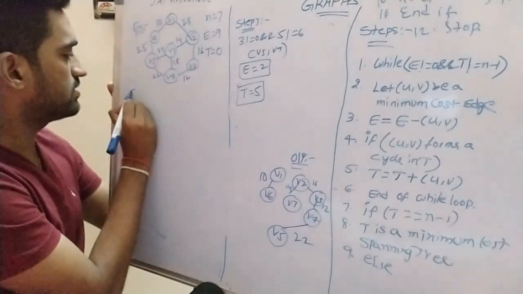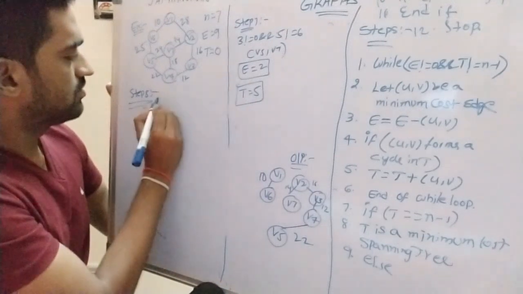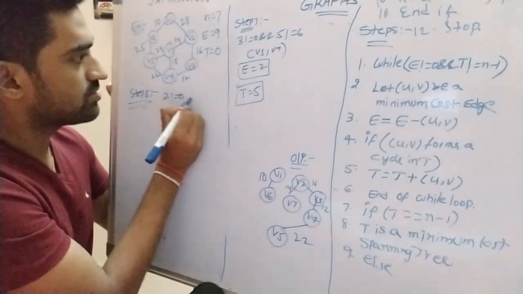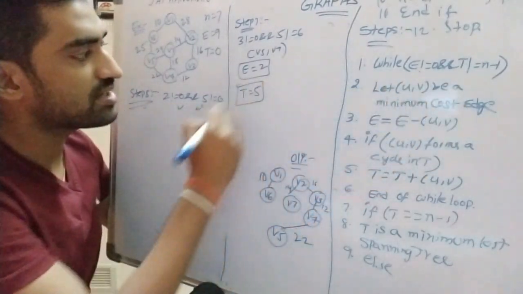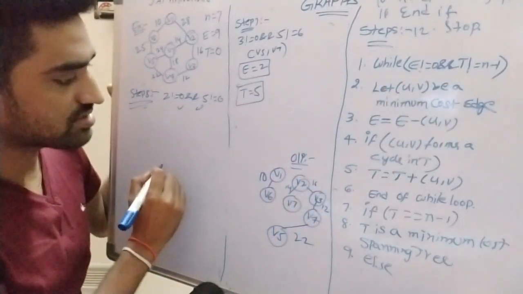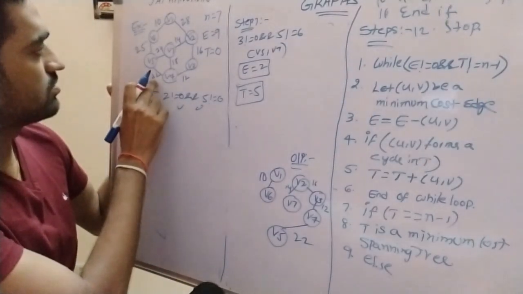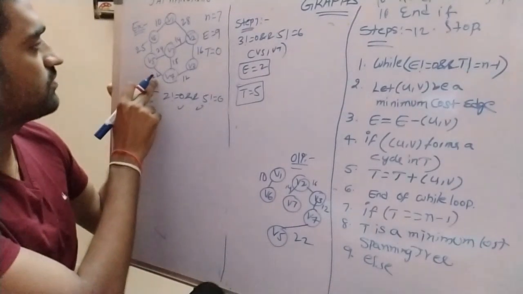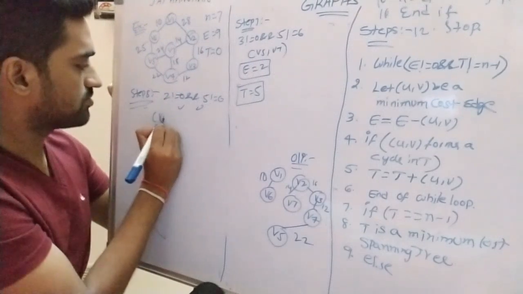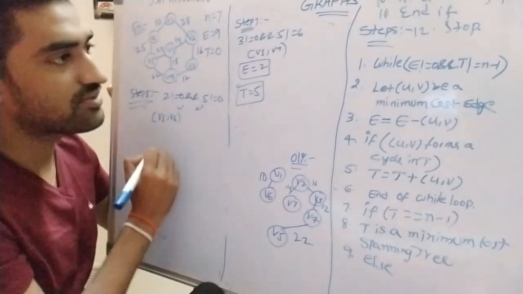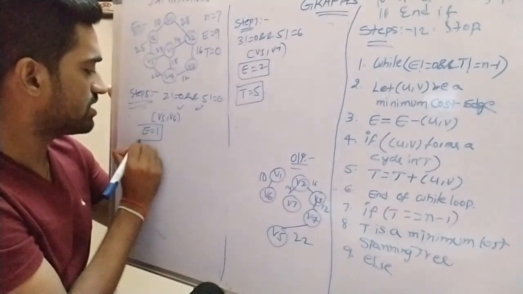What is this step 8? E not equal to 0, 2 not equal to 0, logical AND of 5 not equal to 6. Both are true, then U comma V is a minimum cost edge, right? So what is the next minimum cost edge? 22 is already chosen. V5 to V7 is also already chosen. That's why V5, V6 is chosen. The next minimum cost is the V5, V6 edge. This can be detected from the set of network edges. E is equal to 1.